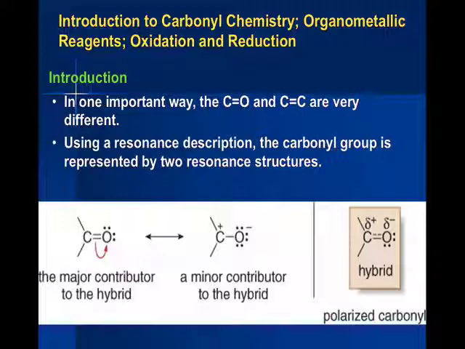Now there are examples where nucleophiles attack carbon-carbon double bonds, but they're special carbon-carbon double bonds, and we'll learn about them later, okay? But for right now, this is why we see the chemistry difference between a carbonyl and an alkene. Even though they both contain a sigma bond and a pi bond, and they're both sp2 hybridized, their chemistry is